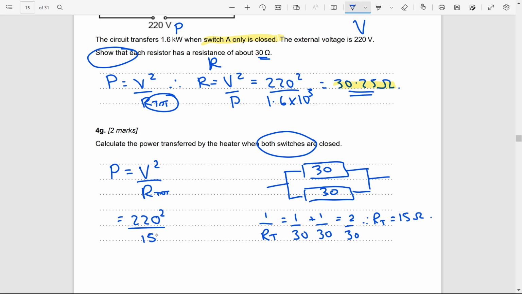So now I've got 220 squared over 15 instead of 30. And as you may have expected, depending on your current understanding, pardon the pun, of electricity, it's doubled the power transferred, which makes sense because it's going to require twice the amount of energy per